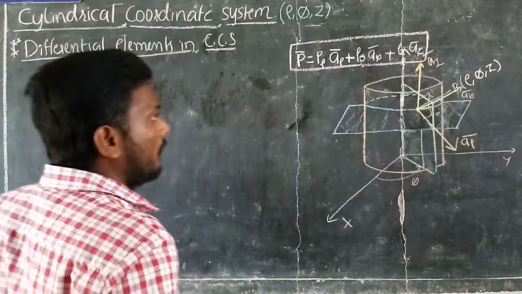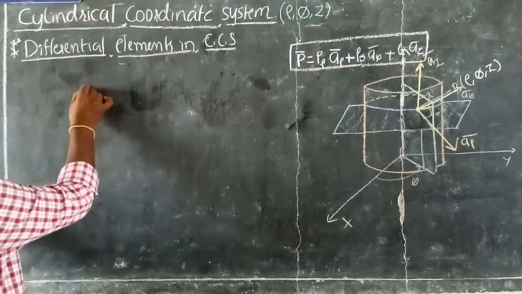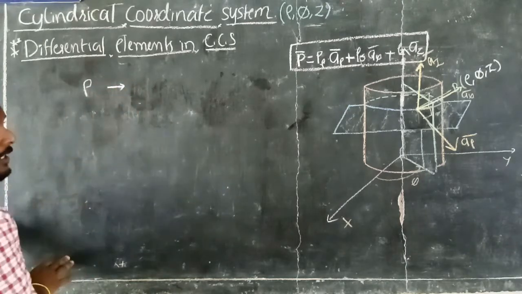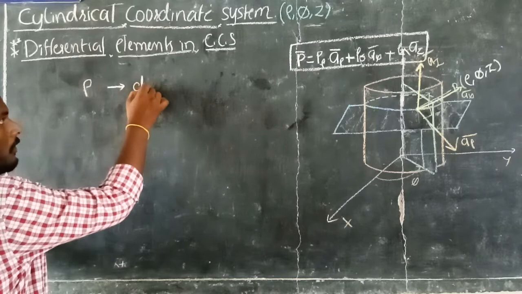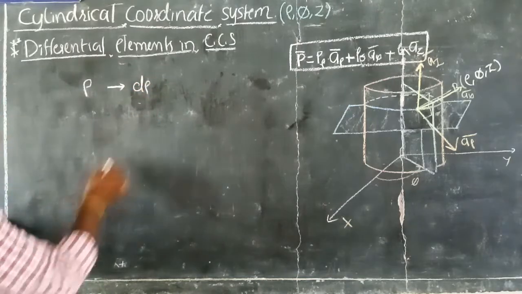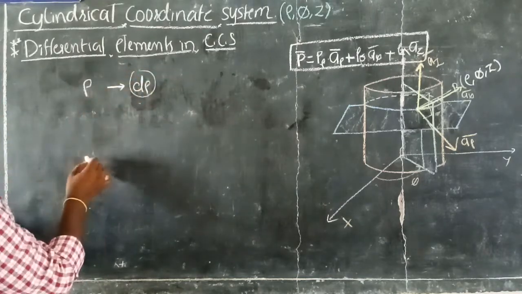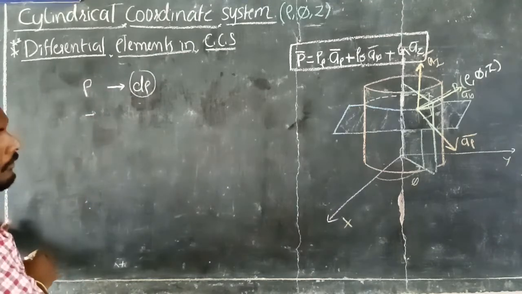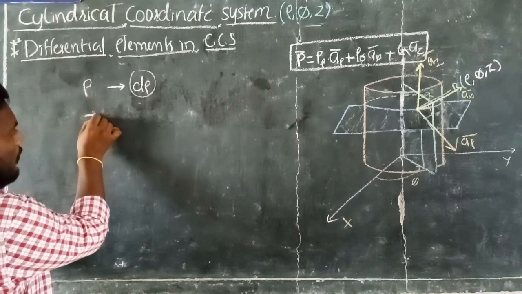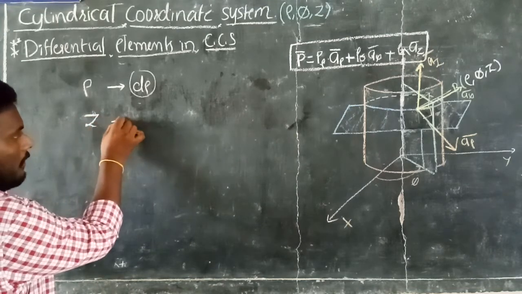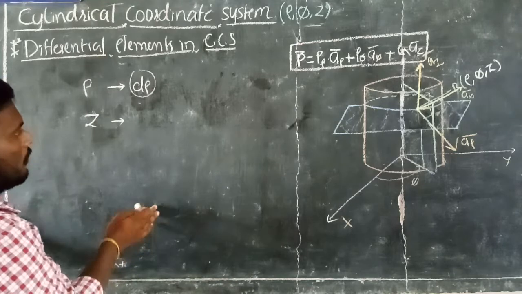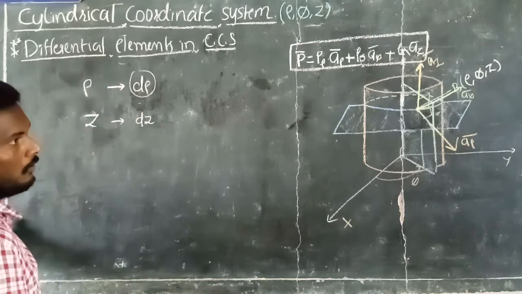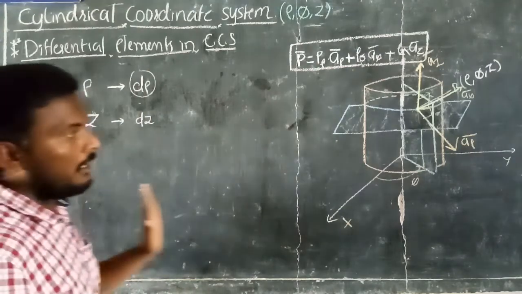So the differential element is going to be formed here by increasing their respective axes by a small differential amount of length. As a cylinder is having radius rho, increasing the radius of the cylinder by a small differential amount means d rho. This is the differential amount of radius. Similarly, increase the length of the constant z plane. Initially it is having z, and I am increasing the length by a small differential amount, that is dz.